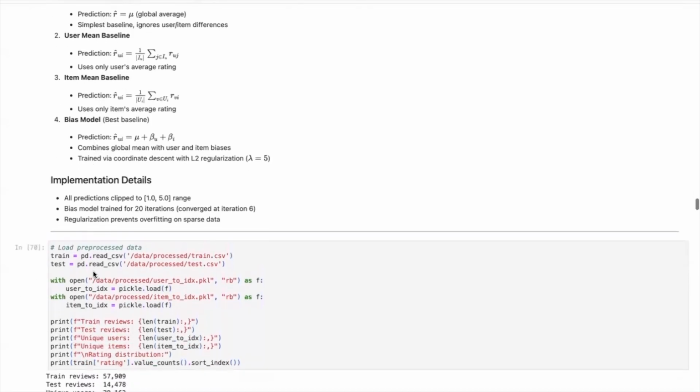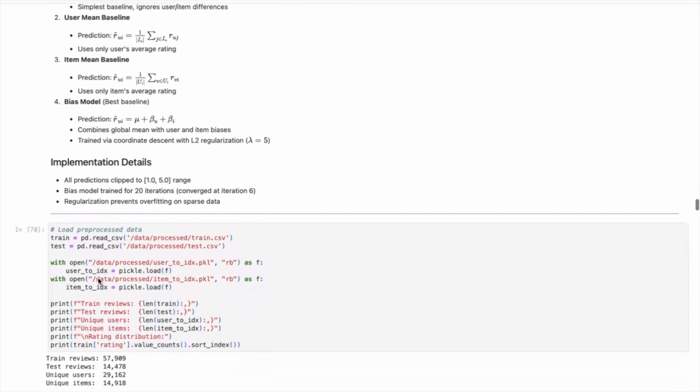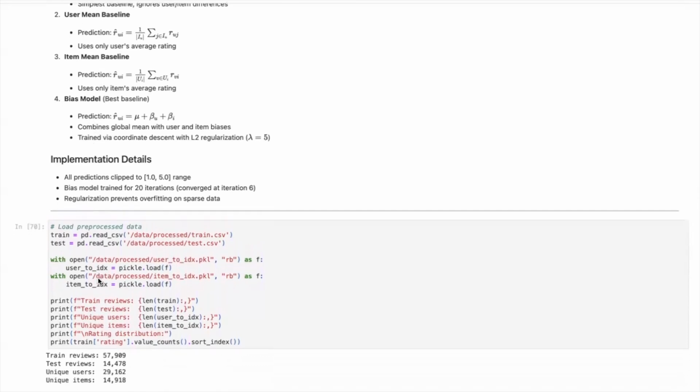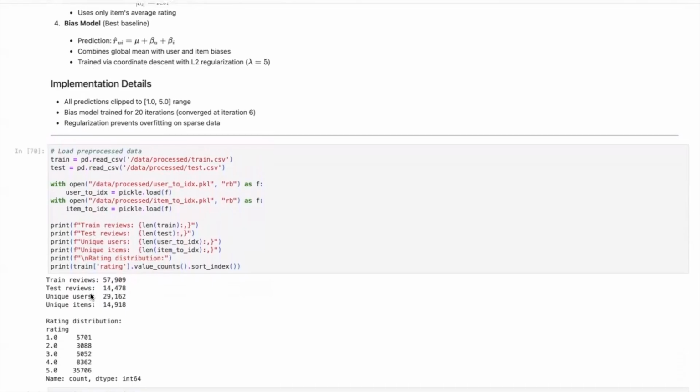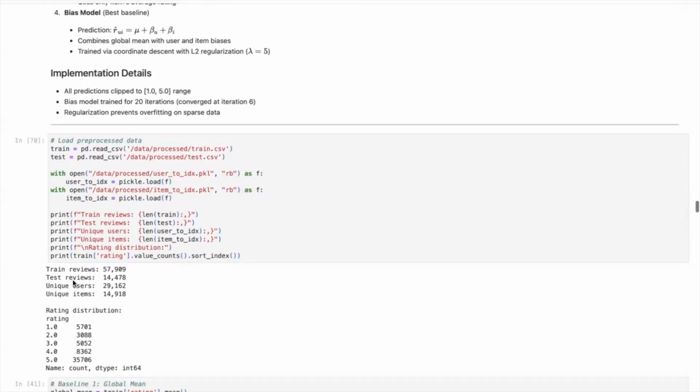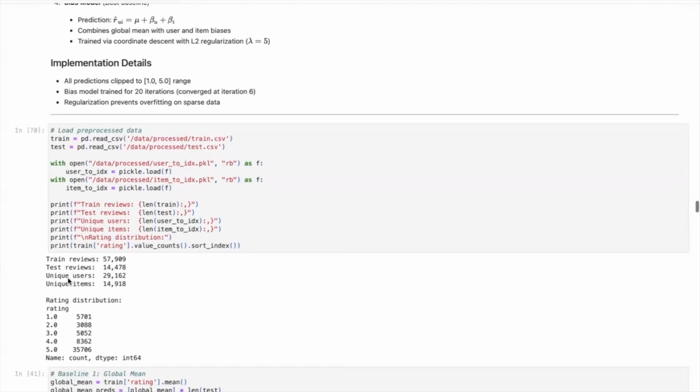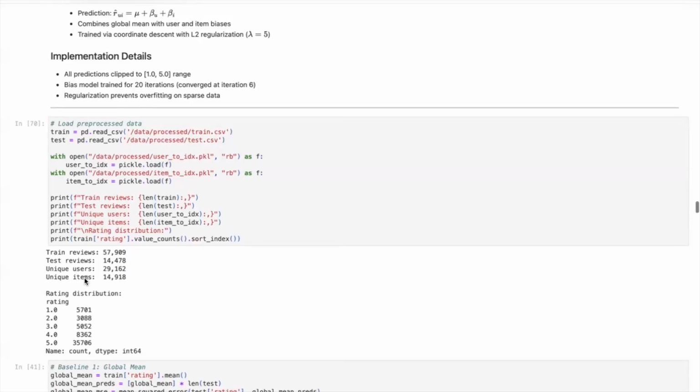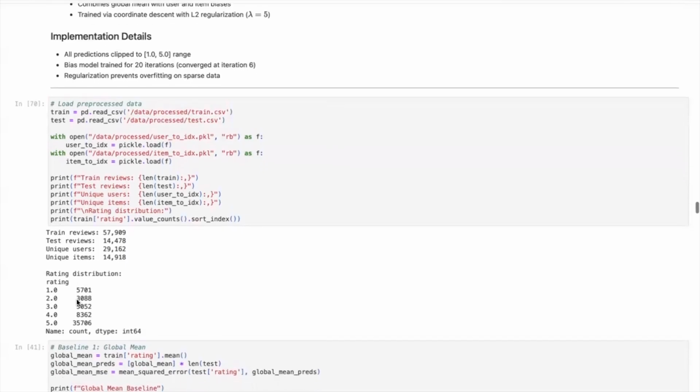And here I loaded the processed train and test data, as well as the user and item index mappings created previously. Then I print some basic statistics like the train and test unique item and user numbers. And we can see from the rating distribution that the data is extremely sparse,